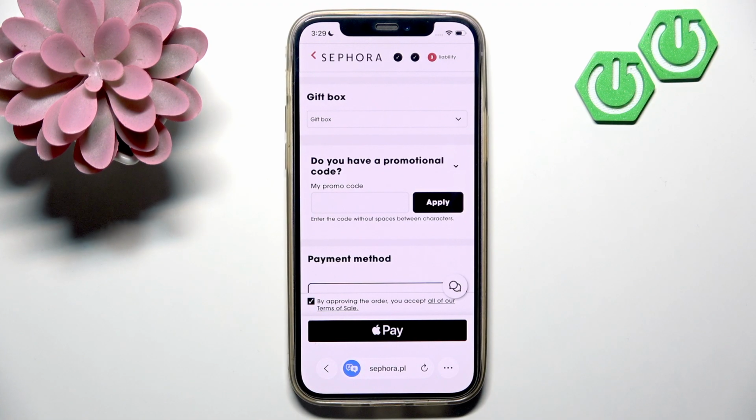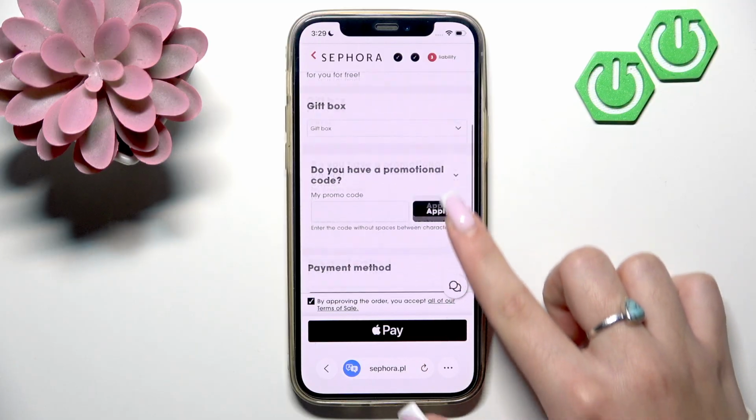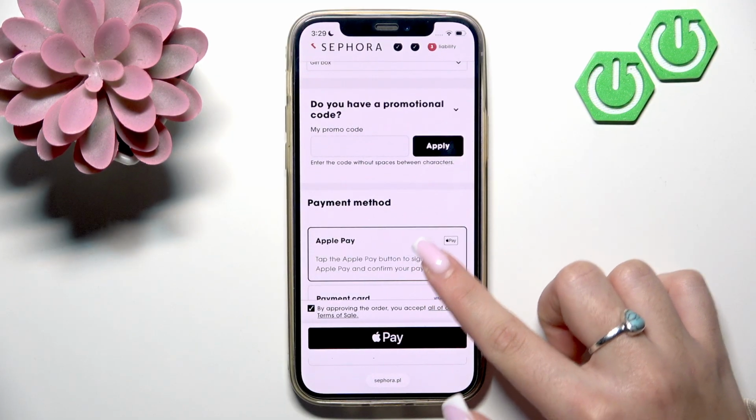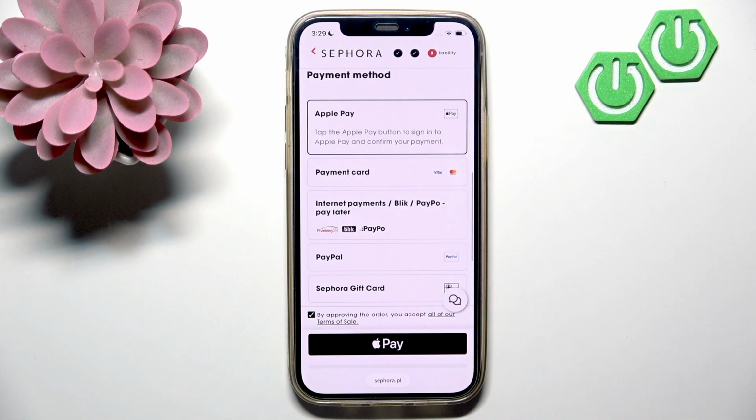Whatever website you use to make a purchase, you want to go to the checkout page. This is the checkout page on this specific website, and you want to proceed to the payment section. You'll see different payment methods, and from the list of options you want to select Apple Pay. Simply tap on Apple Pay, and now in the